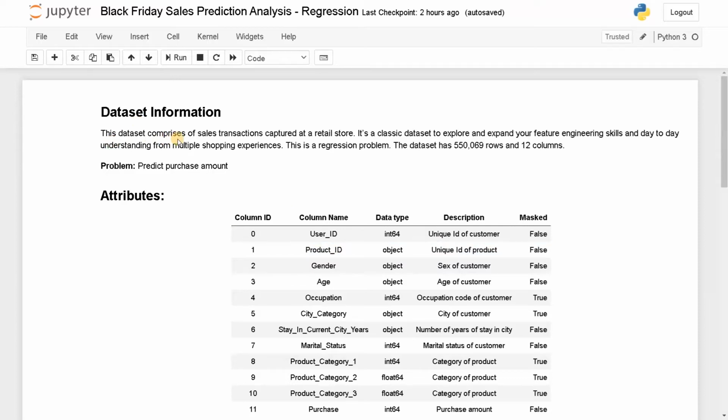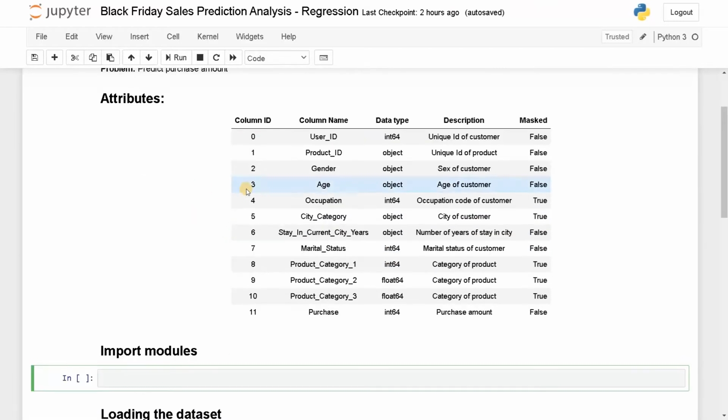This dataset comprises sales transactions captured at a retail store. It is a classic dataset to explore and expand your feature engineering skills and day-to-day understanding from multiple shopping experiences. This is a regression problem and the dataset has 5 lakh rows and 12 columns. So the problem is to predict the purchase amount of the sales. So these are the attributes we have. We have 12 attributes, 11 are input attributes, and the last one, purchase, is the output attribute we need